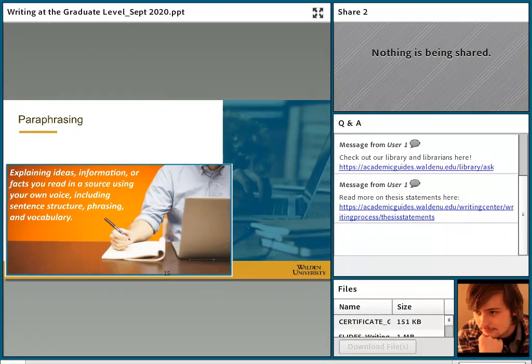Paraphrasing, put simply, is taking the ideas of another person and putting them into your own words. Put here, including your own sentence structure, phrasing, and vocabulary. So it's not enough to just substitute a word like big from your source passage with a word like large in your own writing. You need to actually change the structure of the sentence, change the phrasing, and change the